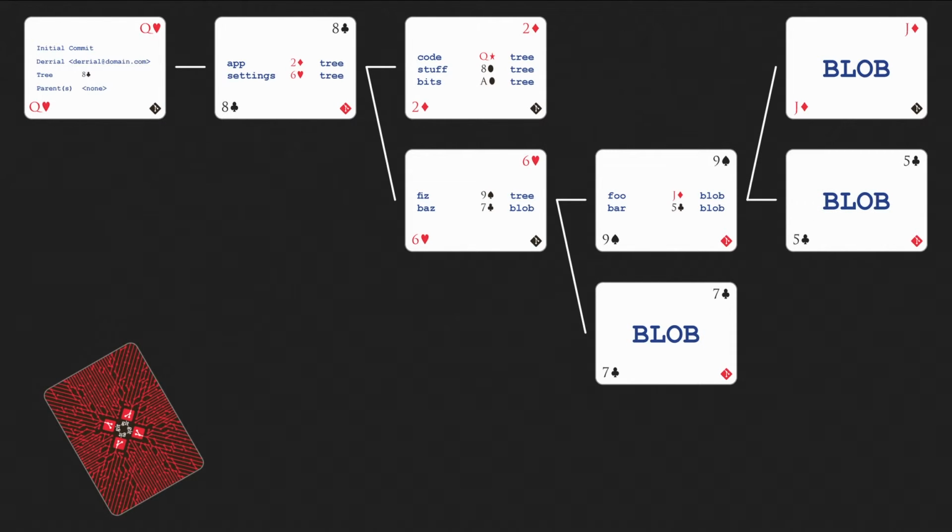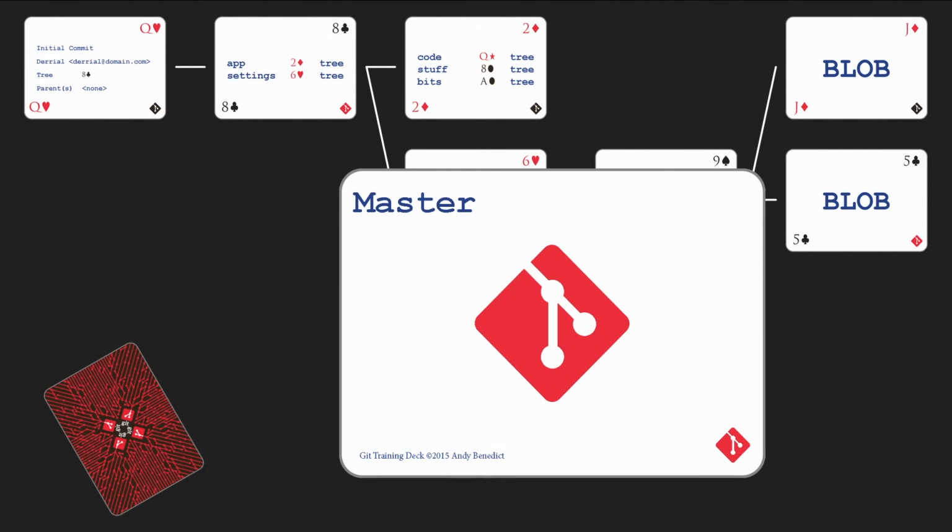We're almost done, but right now there's nothing to tell us which of the objects in the database is our commit, or which commit is current when there are more than one. To solve this problem, we'll create a branch. Our default branch is called master. A branch is just a special file in the database which contains only the 40-character hash of the commit at the head of the branch. Use a post-it note to mark the head of the branch on a branch card.